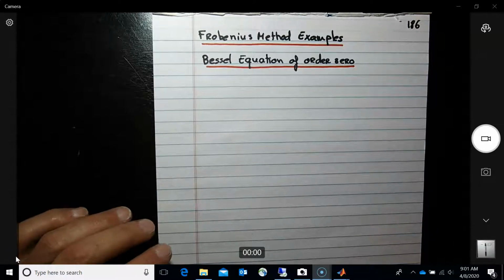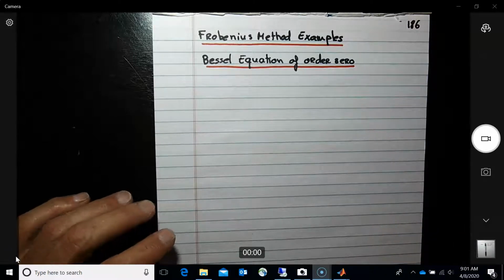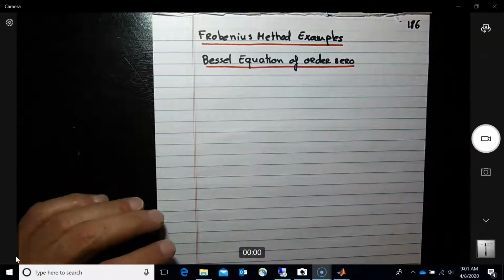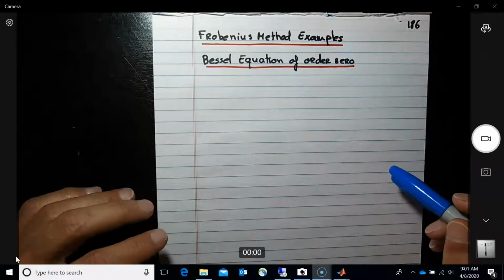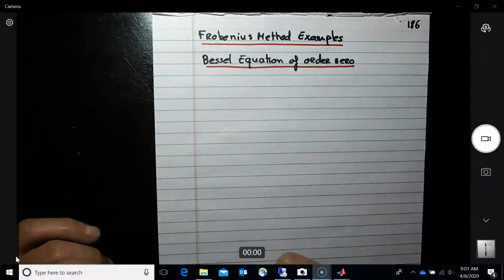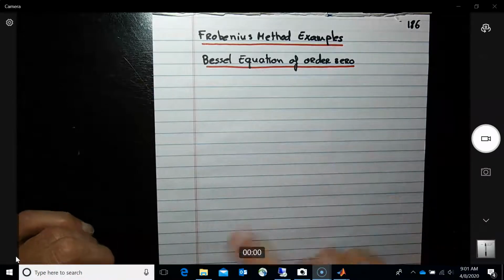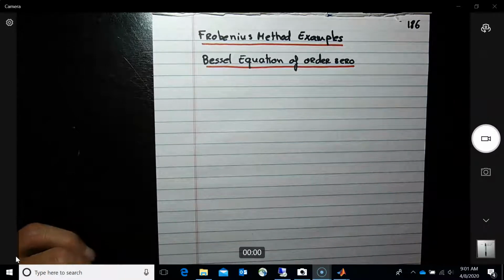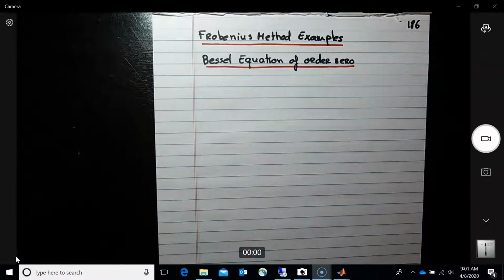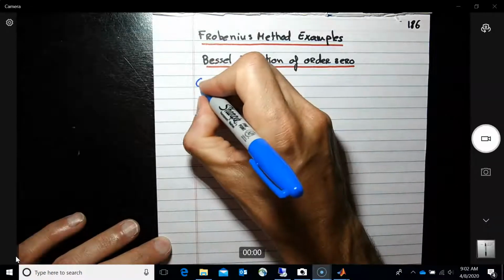Okay, so next we're going to look at an example for the Frobenius method. These will be different examples, and the different examples will basically be different Bessel equations. First would be of order 0, then we do the one of general order, which would be mu. Okay, but let's start with the simplest case. So in this case we are given